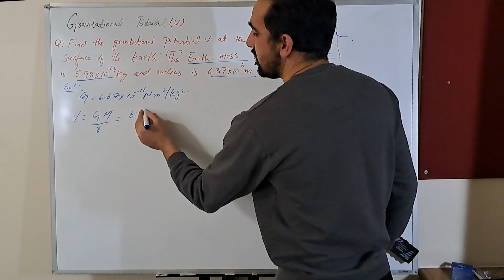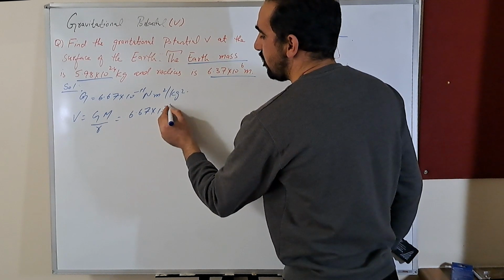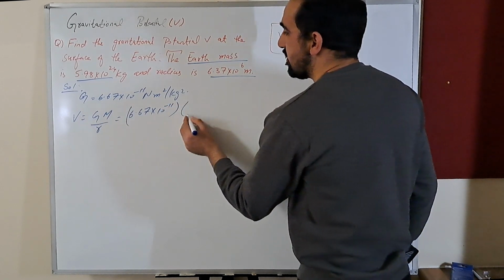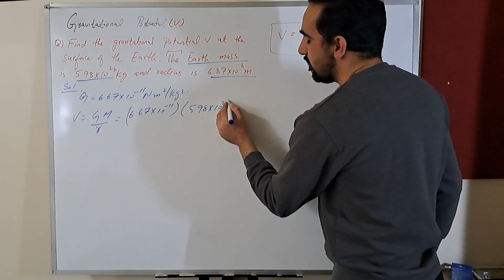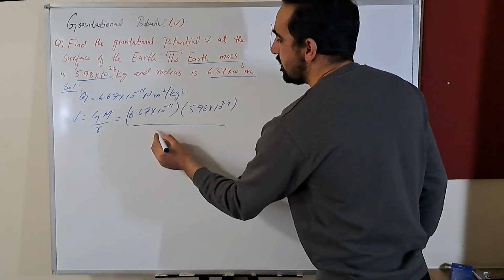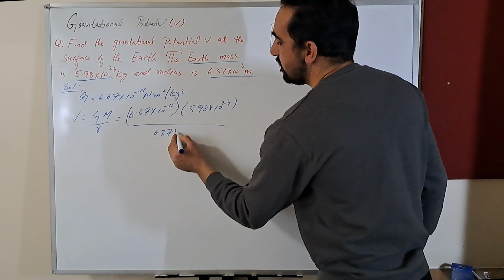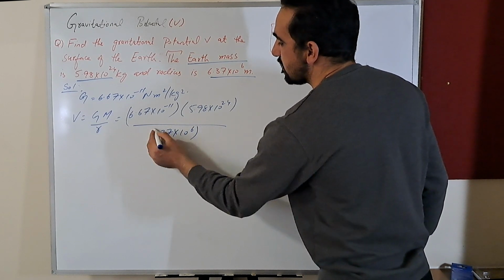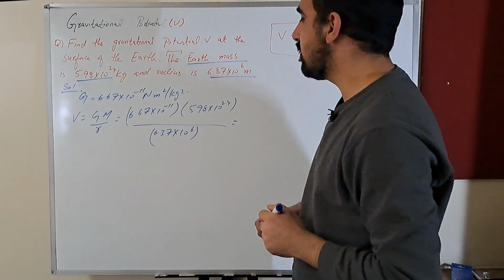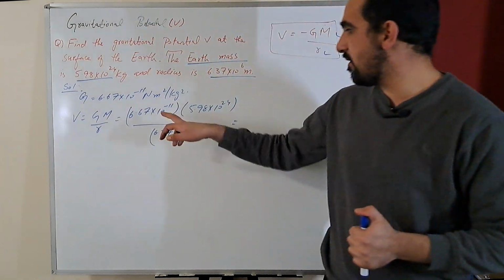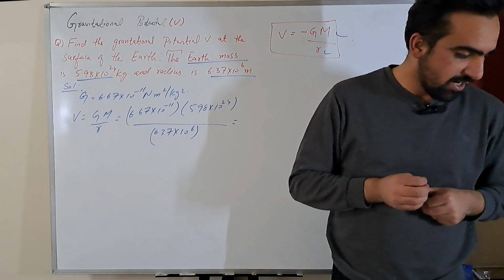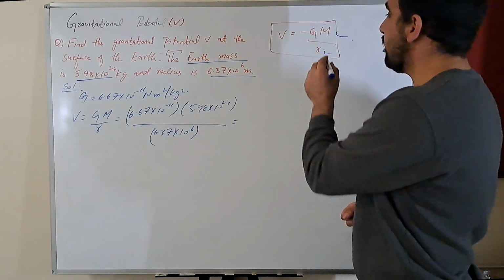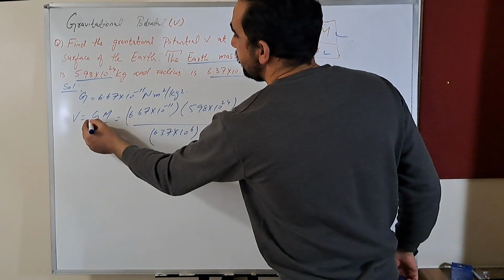G is 6.67 times 10 to the power minus 11. Mass of Earth is 5.98 times 10 to the power 24, and r is 6.37 times 10 to the power 6. And if we solve all these terms, 6.67 times 5.98 divided by 6.37, what do we get? Oh, also we have a negative sign here,